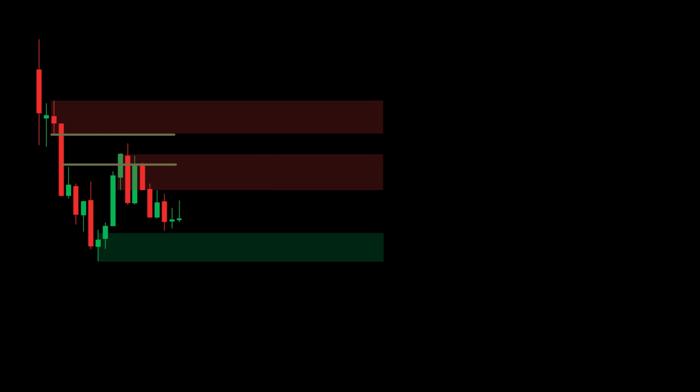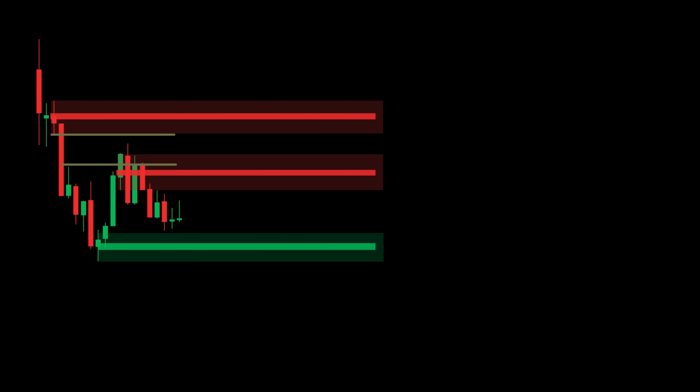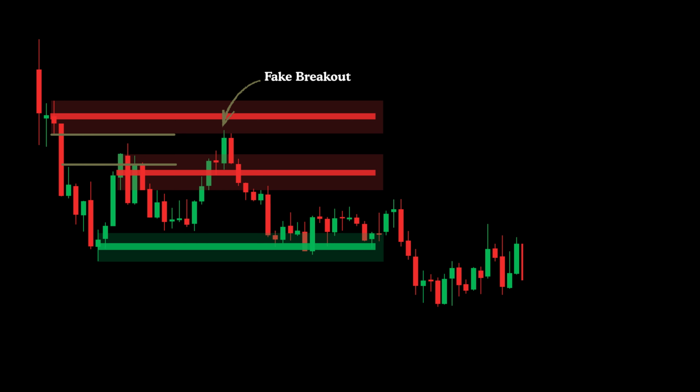is created here. Whenever supply and demand zones appear on the chart, a large number of retail traders prefer to trade around them. This builds liquidity around these areas, which is crucial for price movements. Now, as the price moves down again, it appears ready to break its previous swing low. Instead, it reverses and creates a fake breakout near the supply zone formed at the higher levels. After sweeping the liquidity created by retail traders, it drops again and then consumes the liquidity around the demand zone